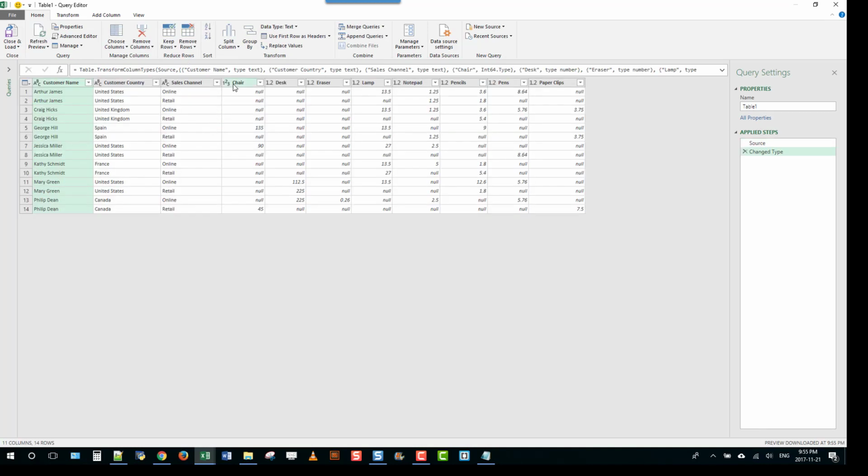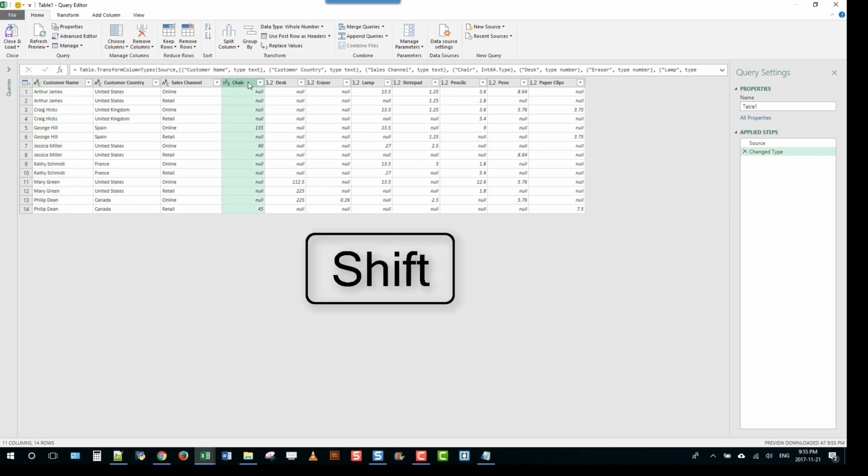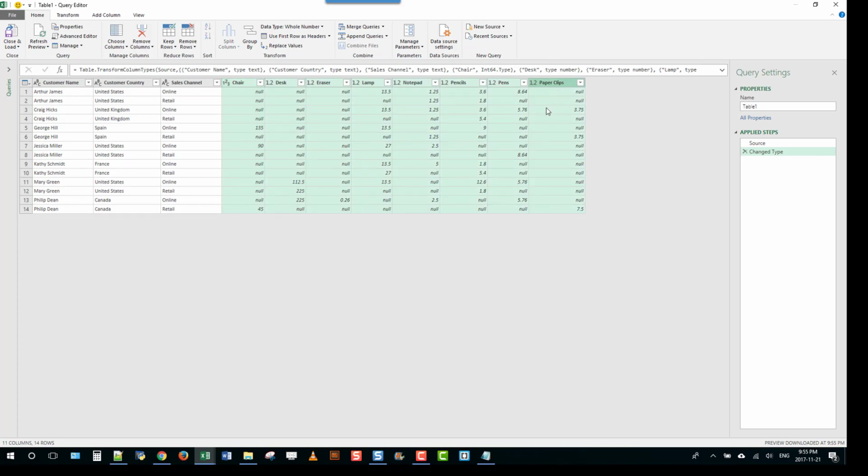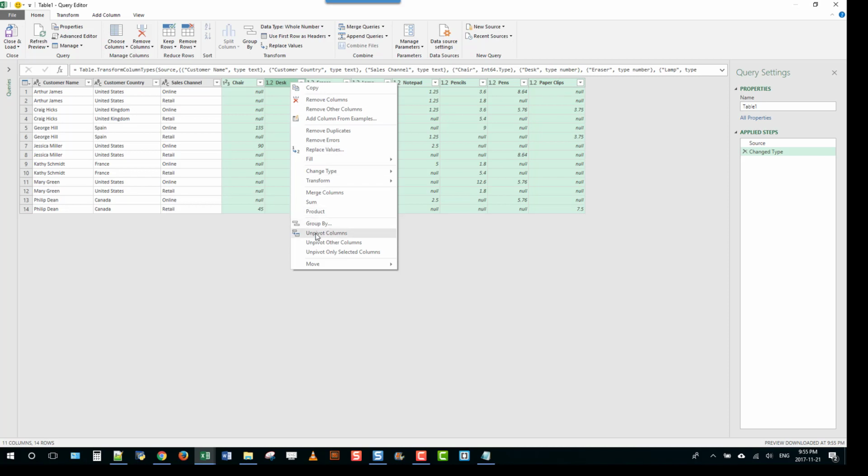And now when we see the data in our Power Query editor, what we want to do is select all the product columns, the stuff we want to unpivot. And you can do that by clicking on the first one and then holding Shift and then clicking on the last one. And now if we right click we can select Unpivot Only Selected Columns,